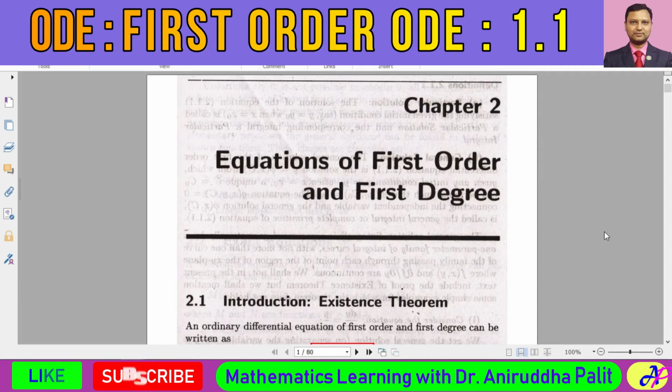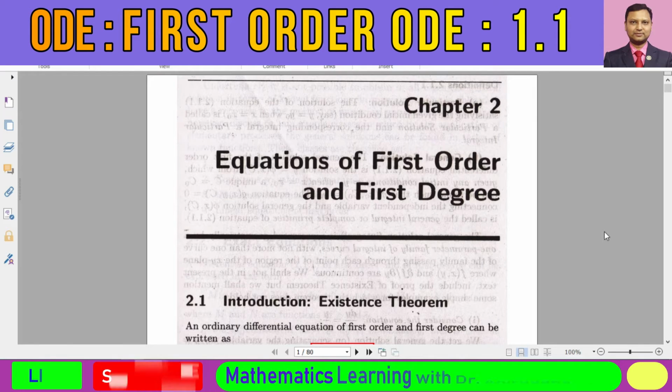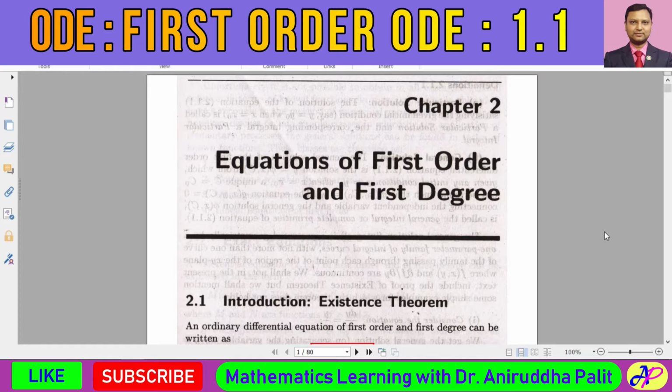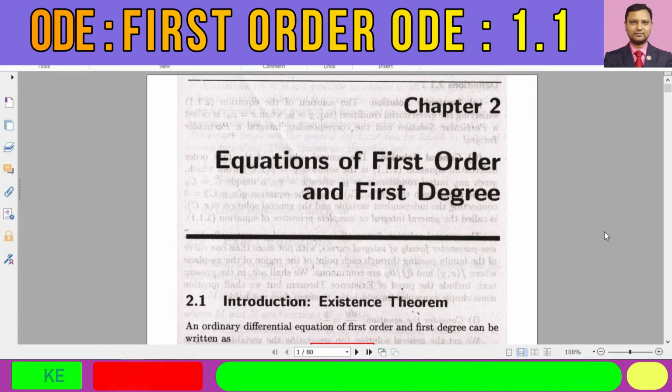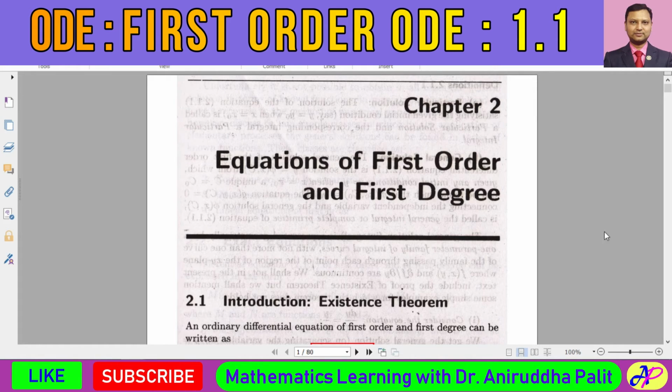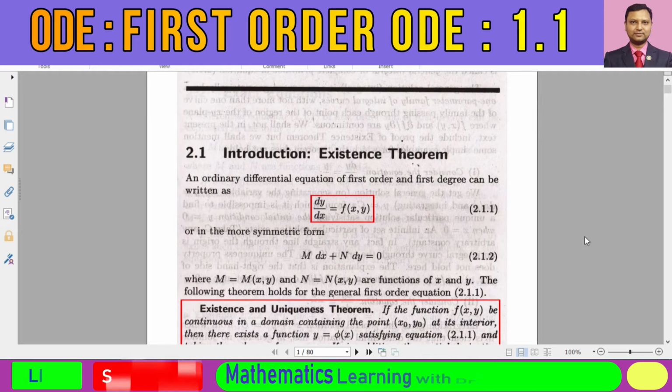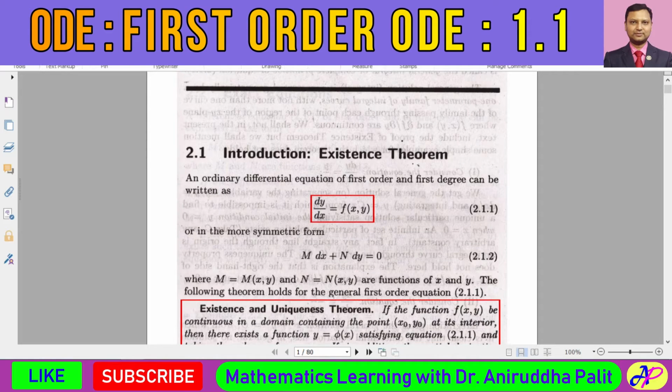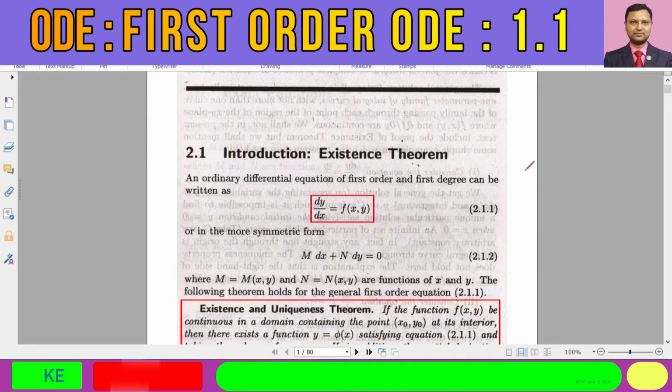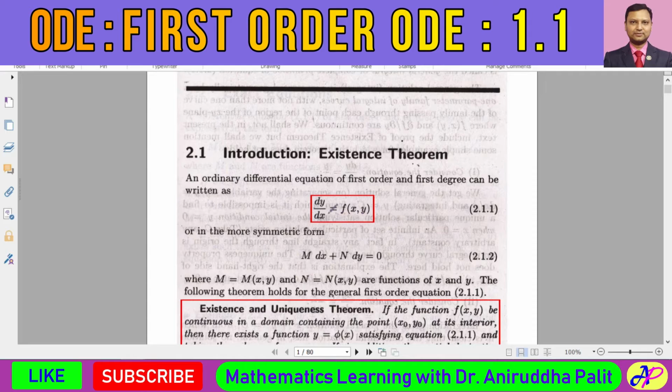Hello everybody. Let's start this chapter, that is the chapter equations of first order. Equations means differential equations. Over here we are dealing with ordinary differential equations. So ordinary differential equations of first order and first degree. An ordinary differential equation of first order and first degree looks like this kind of expression, that